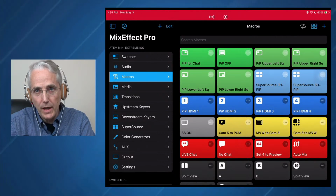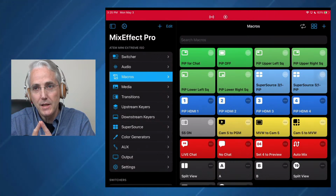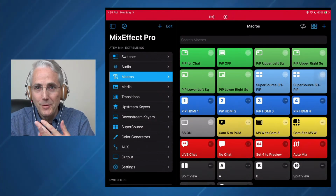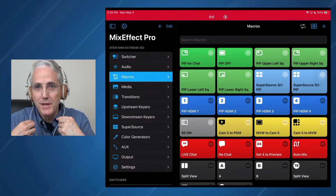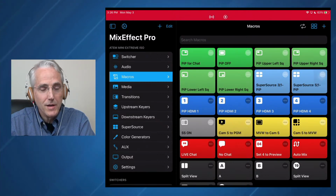And at about the same time that I discovered the app, I was agonizing over getting the ATEM Mini Extreme ISO, and decided to take the plunge. Not so much for the SuperSource. That was kind of a little idea in the back of my head that it might be something cool. I really did want the extra HDMI out, the extra USB-C, and also the headphone. I'm monitoring this in real time, which was not possible with the Mini Pro ISO. As I was experimenting with this app, the developer, Adam, I'm not sure how to say his last name, Adam Toe,